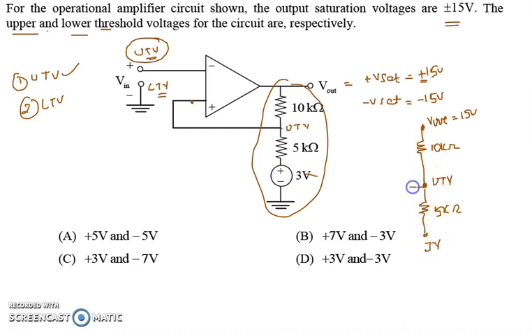Okay, so now he is asking to find out the upper threshold voltage. So this voltage can be found as the upper threshold voltage. If you are having any structure like this, here 15 volts on one end, and on the other end I am having the 3 volts, and here 10 kilo ohms, and here 5 kilo ohms. You can find this out with the help of KVL or KCL also, but here I am saying one method. See, here 15 into 5 kilo ohms.